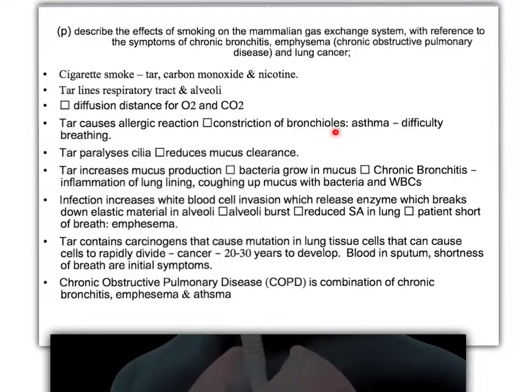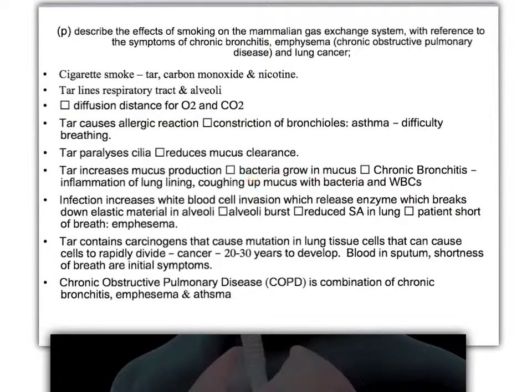So that constriction of bronchioles increases resistance to the movement of air through the bronchioles and makes it more difficult to breathe, and that's asthma caused by allergic reaction to the tar. Also, tar paralyzes cilia, and that reduces the clearance of mucus. Tar also increases mucus production by the goblet cells that line the respiratory tract, and bacteria grow in